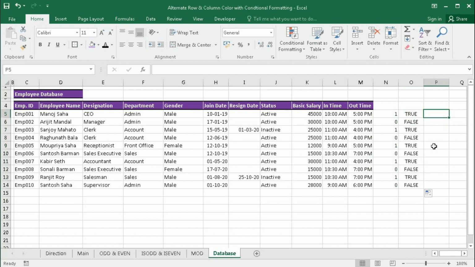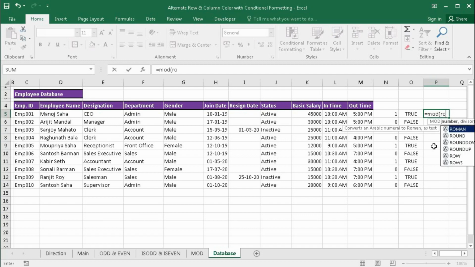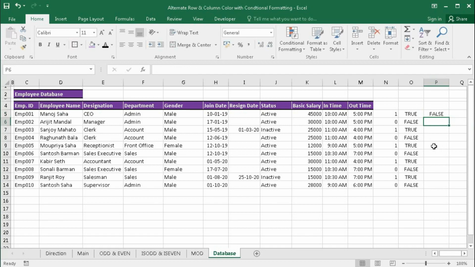And if I put here the formula equal to MOD, bracket open, ROW, comma 2, bracket close, equal to 0, enter, it returned false.